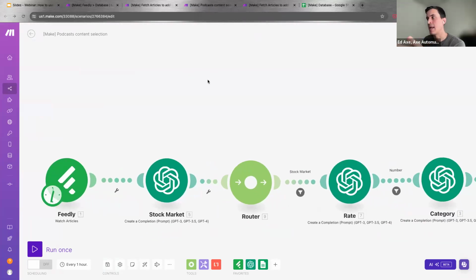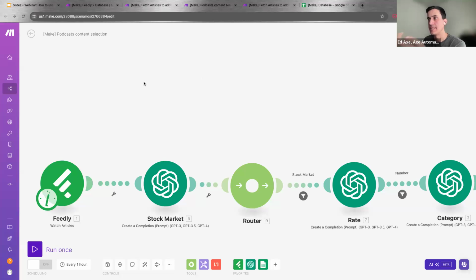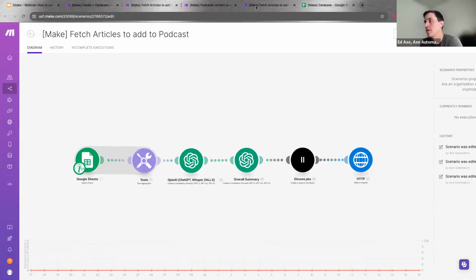Yeah, definitely. And as I mentioned, the first part is basically the same. We simplified it for this webinar, but you can see that it's basically the same. We are just talking about a different topic, a different category, which is the stock market. But what's going to be different is really the second part, right?